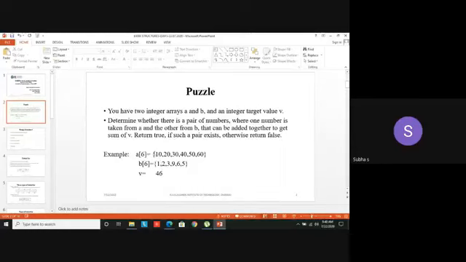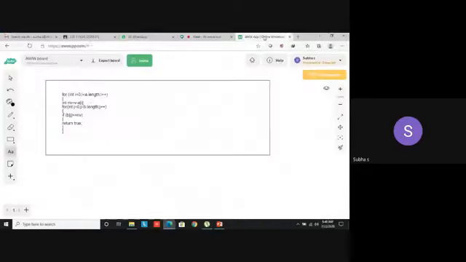I will tell. You are taking this A array and you are taking the result. You are going to subtract. Either you can take this A array as a fixer or B array. 46 minus 10. You have to check whether it is present in B array. It's not there. 46 minus 20, 26 is not there. 46 minus 30, not there. 46 minus 40, 6. This element 6 is there in the array. So you can retrieve that element, and these are the two elements that are used to get the particular result. This is the logic. I explained this coding here. You can have a look at it.